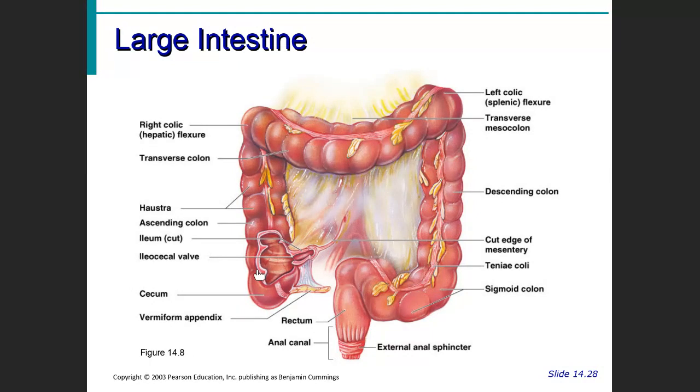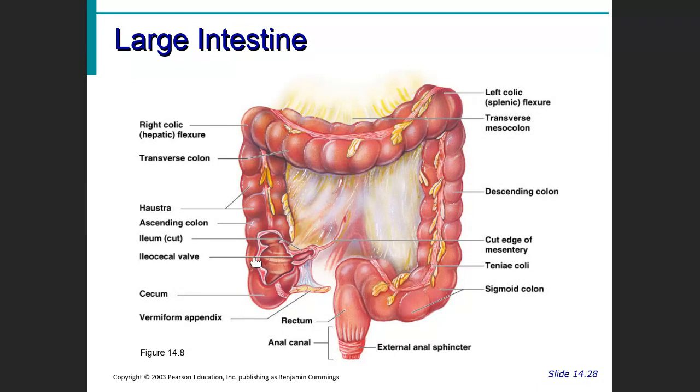Now this is also moved by peristalsis. It's sort of a sluggish peristalsis, though, and it squeezes and moves that material all the way down and stores it down here in the rectum. And that just keeps getting more and more in there as it collects. And then the rectum will be stretched, and that'll send a message to your brain that says, let's empty this. And then you go to the bathroom and you do that through the anus here.